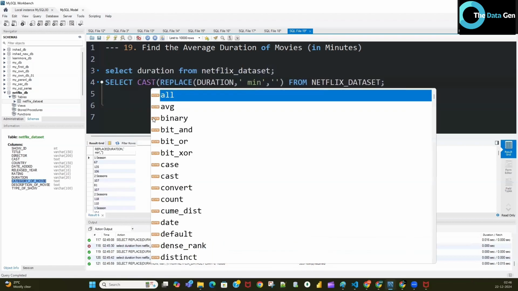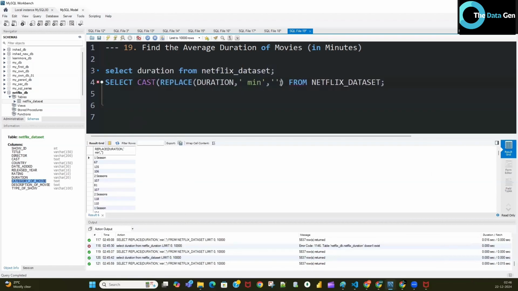Cast. So this cast function will convert the value into numerical format. Whatever result you are getting here, this cast function will convert that data into the integer format. I want the integer format, so for that I will write